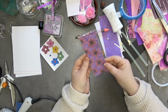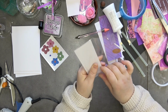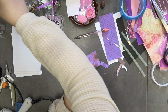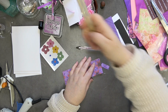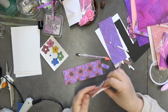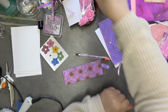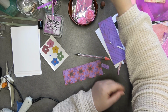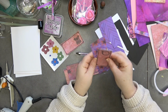Now, we do get these in the pack, which I thought would be nice as bookmarks. Or you can use them as extra pattern paper, however you want to do it, which is a really nice thing about it. I didn't actually need them in the end. Right. Trying to work out what do we want to do. Okay. I think that, where have I put them? Here they are. I think I'd like to use these, and I'm thinking that I want to make a couple of bookmarks with them,